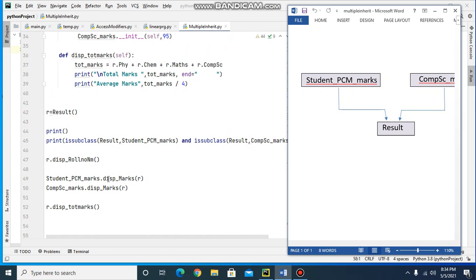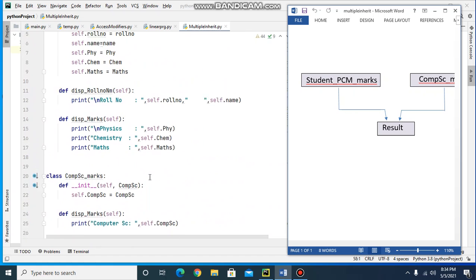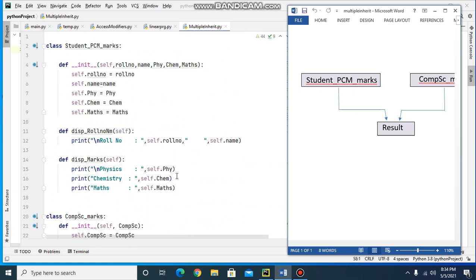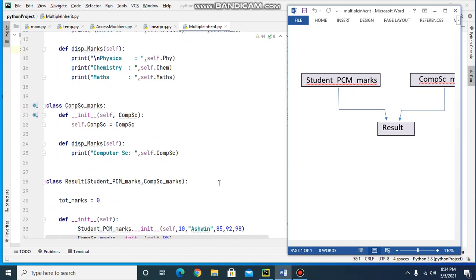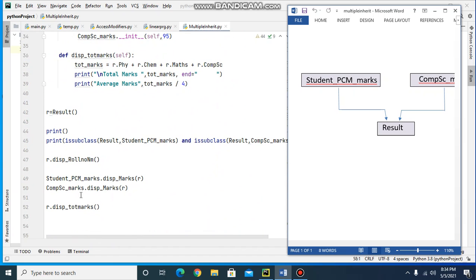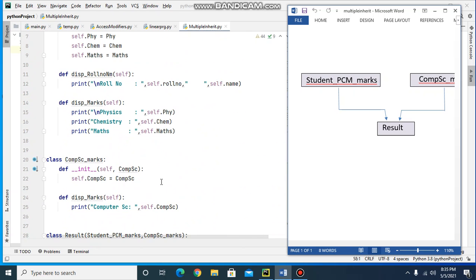Then I am calling the display marks method of the class student PCM marks. I am calling the display marks method of this base class using this object R. So it will call this display marks here and print the marks of physics, chemistry and maths. Then after that I am calling the display marks method of the computer science marks base class using this object R of the derived class.